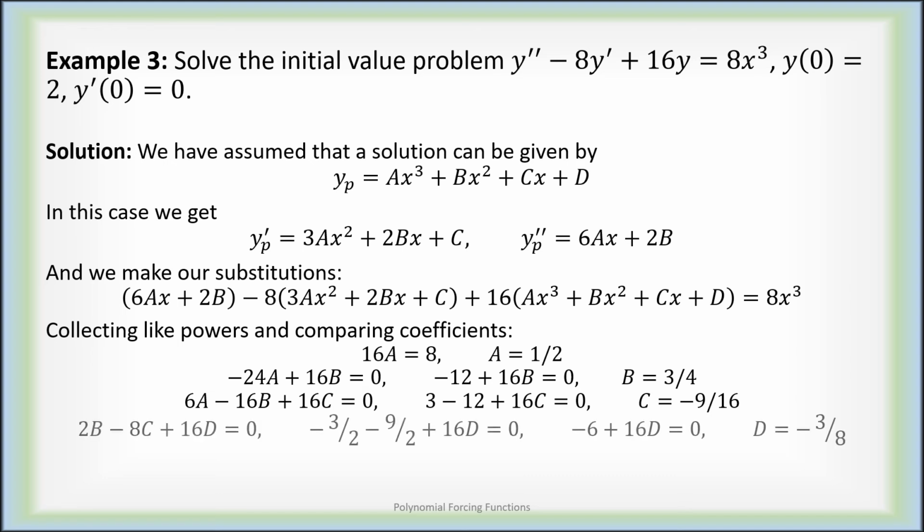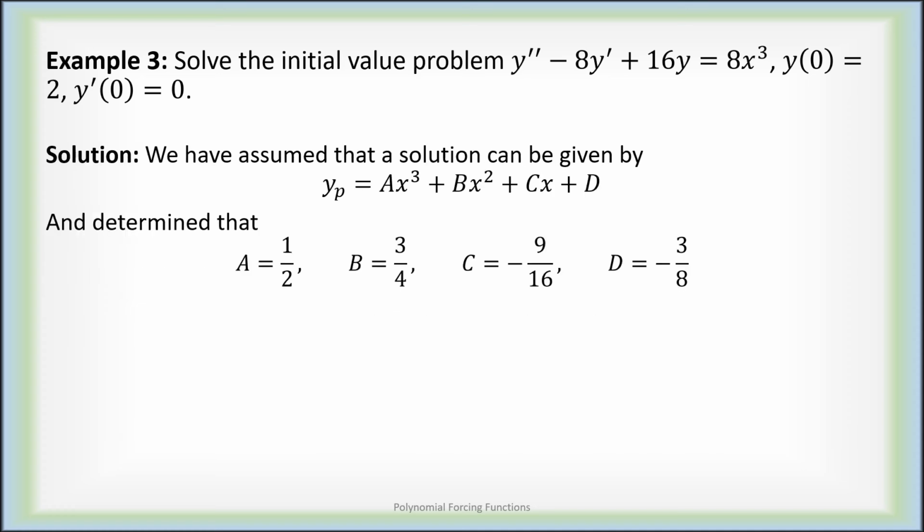And finally, by looking at our constants, we get 2b minus 8c plus 16d must be the constant term on the right, which is 0. But since we have already solved for b and c, we can solve that d must be negative 3/8. So we assumed that a particular solution was a generic cubic. We computed its first and second derivatives, threw it into the differential equation, and compared to the forcing function of 8x cubed, and determined that a must be 1/2, b must be 3/4, c is negative 9/16, and d is negative 3/8. In other words, our particular solution is x cubed over 2 plus 3x squared over 4 minus 9x